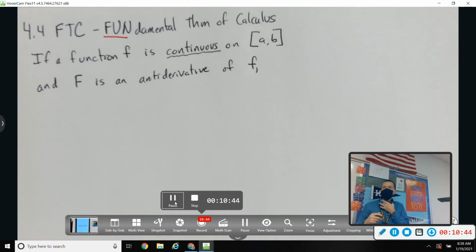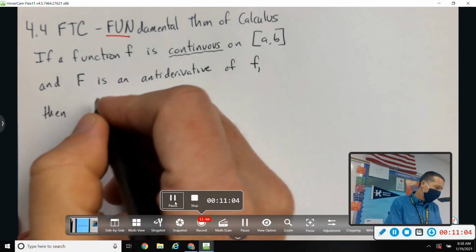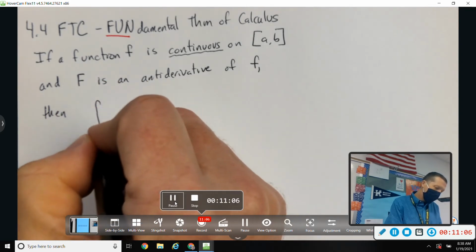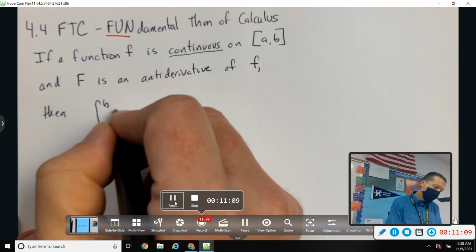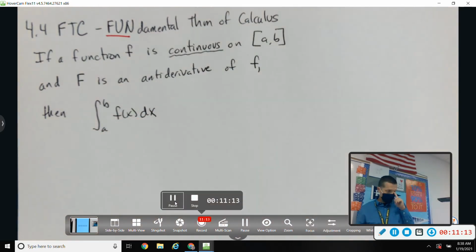Right? We need a way to talk backwards. Like moving forward, the derivative of f is f prime, and the derivative of f prime is f double prime. We just keep adding primes. But if we want to back up one from there, how do we say who was the antiderivative of f? We use a capital F. Then the integral from a to b of f of x dx